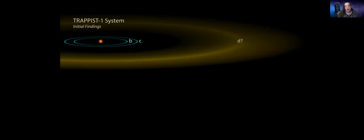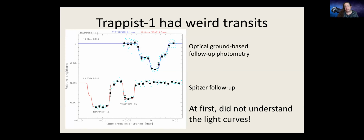So this is what they came to Spitzer with. They said, okay, well, we know that there's 2 planets around this cool M dwarf, and we think there might be another one out here, but we're not sure. Our data just aren't good enough from the ground. So they got a bunch of data from Spitzer,